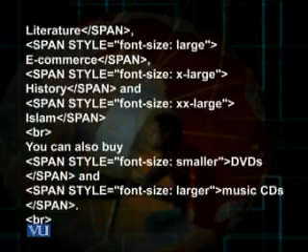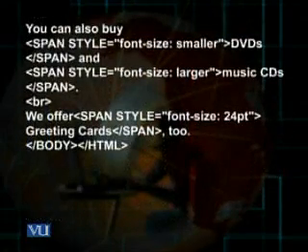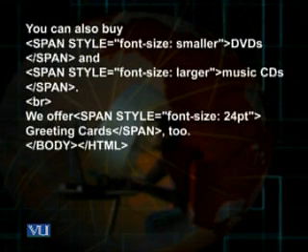Then there is the break tag, and then lastly we offer, there is the span tag style font size 24 point, and the words enclosed are greeting card, span closed, and accordingly you see the words greeting cards, they are shown with the font size 24 point. So in this way, we can use certain keywords, small, large, medium, etc., to specify the font size. The browser knows these keywords.